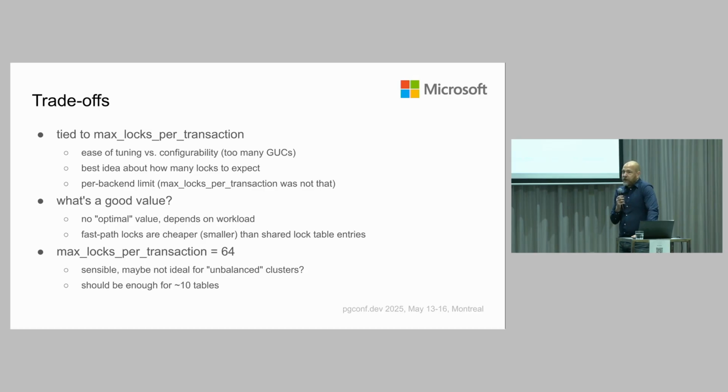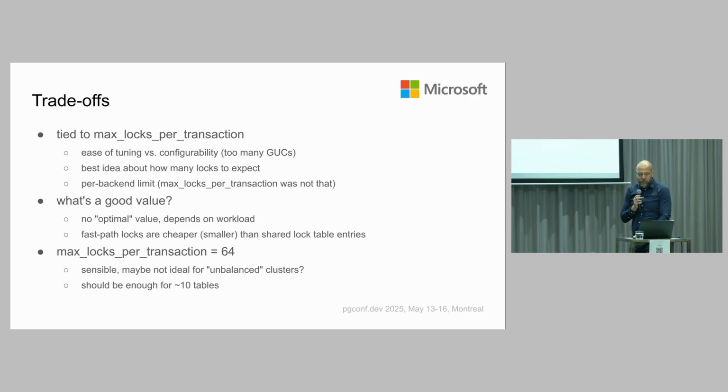There's a bit of difference between how this works for the shared log table and for the fastpath logs. For the shared log table, we only set a global limit. You just multiply that by max connections, and that says how many logs you can have in total. It doesn't set a hard limit per individual connection. For the fastpath logging, that's not the case. It's a hard limit on the size of the local cache, and after that, it gets promoted to the